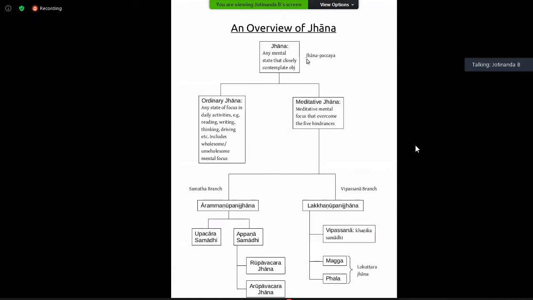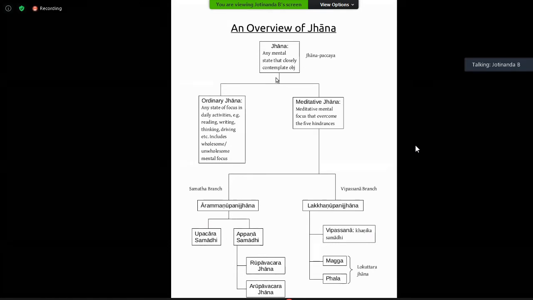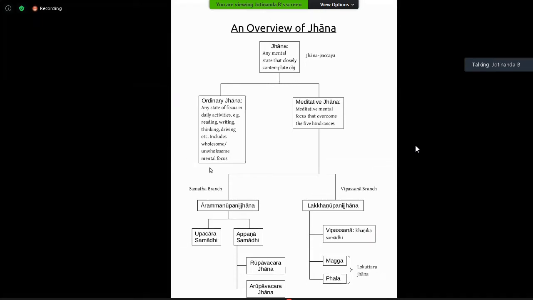And this is the meaning employed in the Patthana, jhana paccaya. So in the wider sense, this is the meaning of jhana. Under jhana, jhana can be divided generally into two kinds. On the left over here,